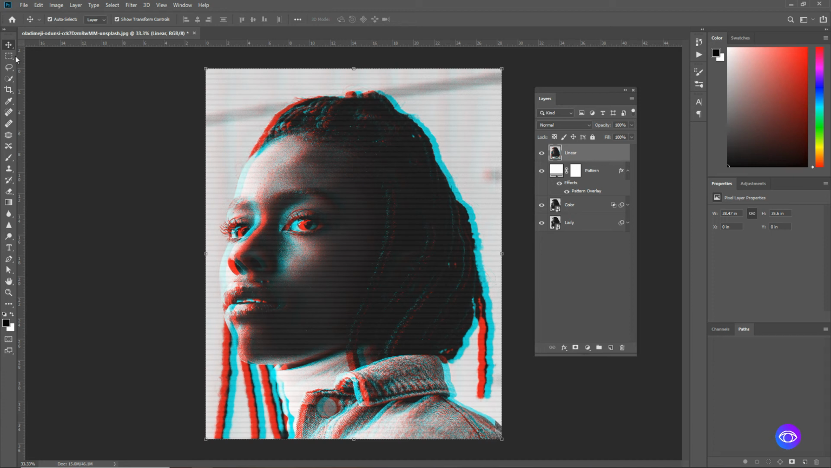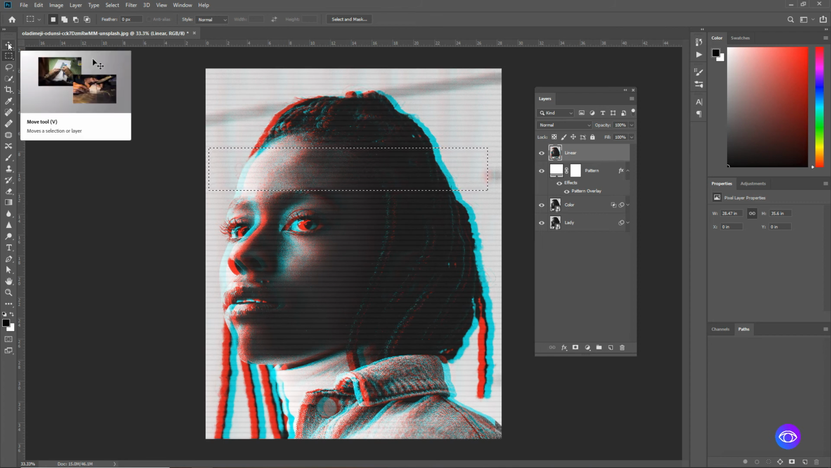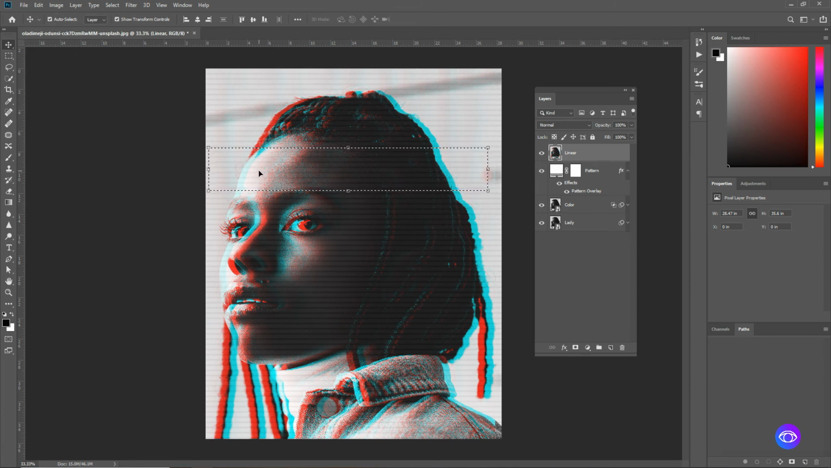After you've done that, I want you to pick the rectangular marquee tool, then select a section of the image, either top or bottom, then using the move tool, push it outside there while you hold shift, then press Ctrl D to deselect, and then pick another area like here, then move it inside,